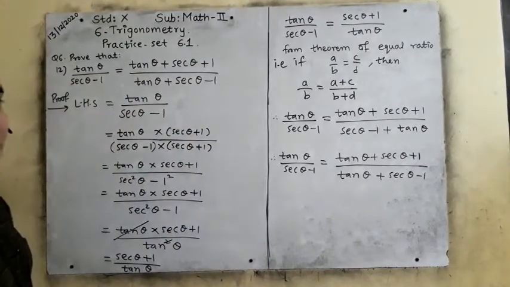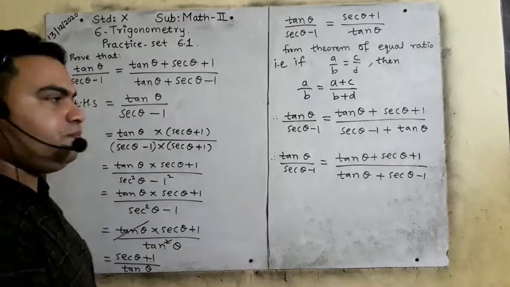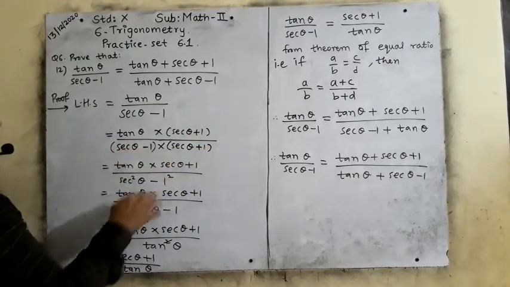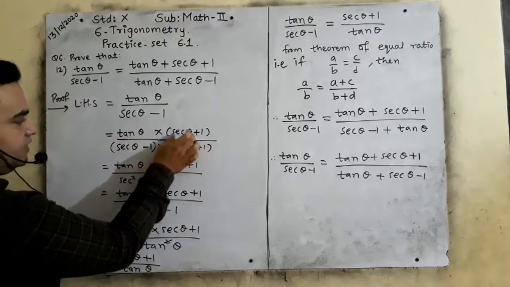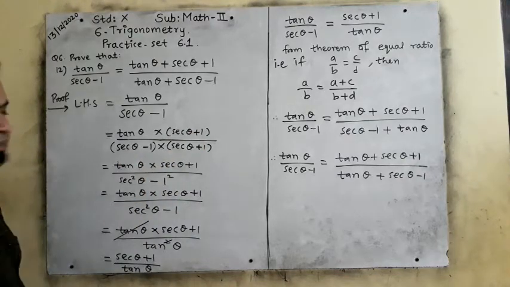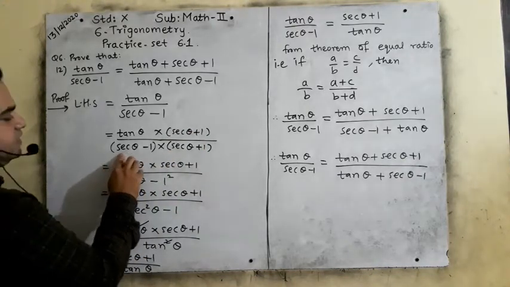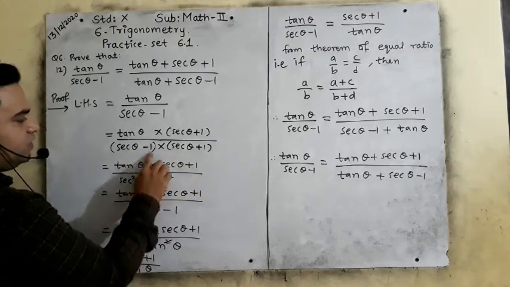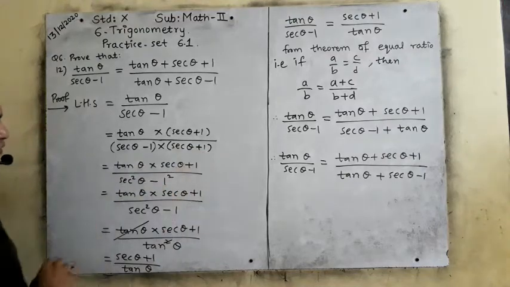Okay, and then we will multiply that conjugate pair, that opposite pair, we will multiply both these ratios. So we are multiplying it. The answer will be tan theta multiplied by sec theta plus 1. Here it will be a plus b, a minus b. So it will be, see here, sec theta multiplied to sec theta, sec square theta, plus, multiplied by minus 1 multiplied by 1 is 1 square, right?